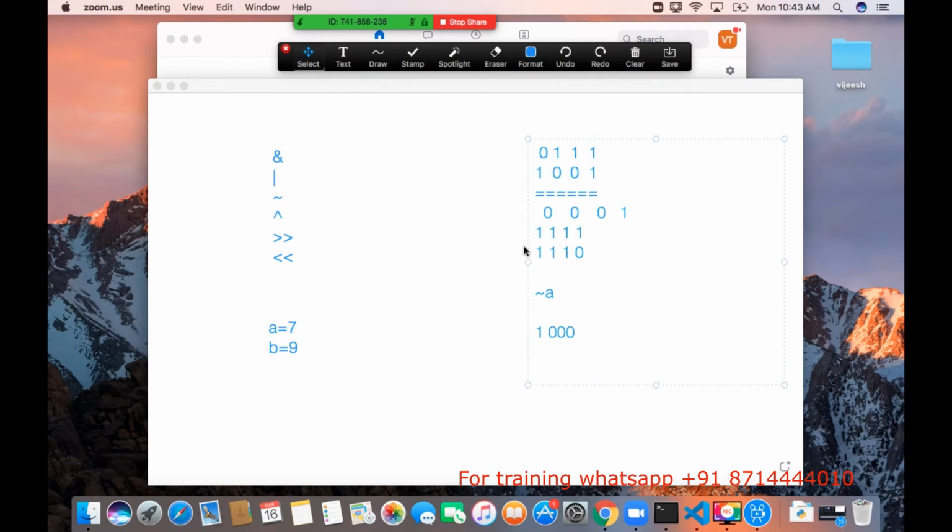If you use the shift operator, consider that here we have a binary number, something like 0 0 1 0. Consider that the value of variable A is this particular binary number. So we can do something like A right shift 2. That means this particular 1 moves here, then here, so this particular 0 will be moved out.